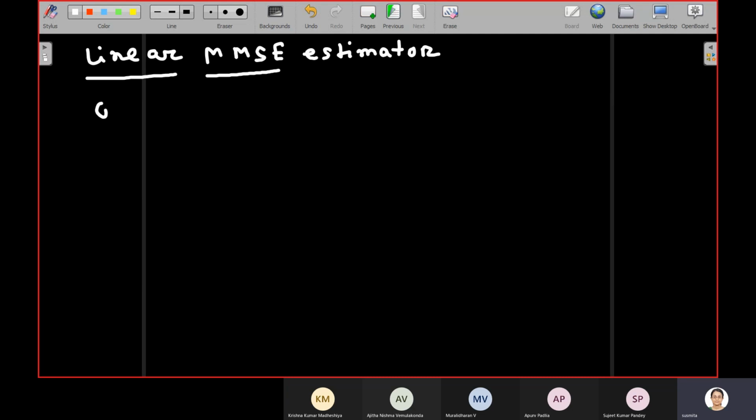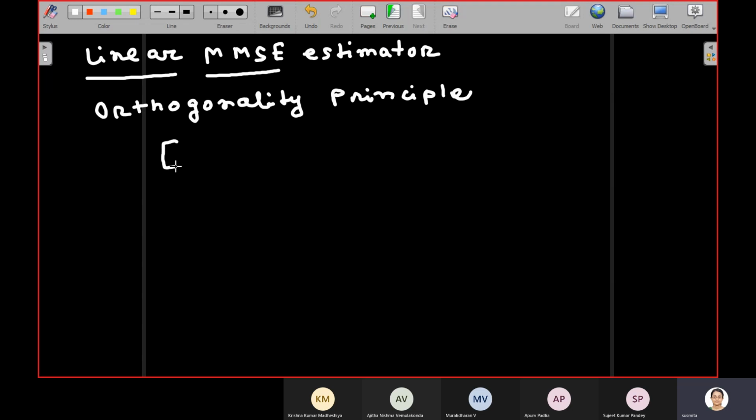The property that we apply to derive the linear MMSE estimator is called the orthogonality property, or orthogonality principle. So what is the significance of this orthogonality principle? Let me state it and then tell you the significance. So it tells that